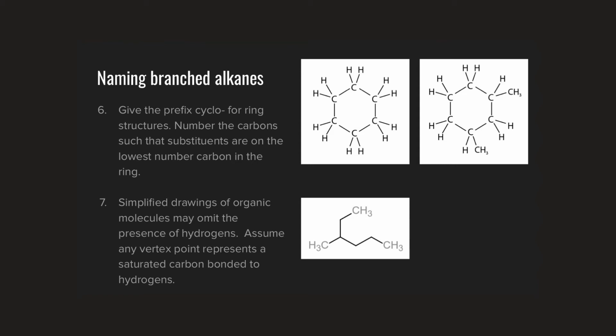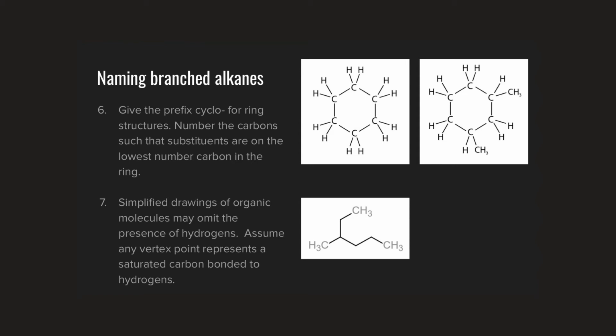Now, a couple of additional things to note here on naming these branched alkane molecules. Because carbon is so flexible in its bonding, we can bond these carbon atoms sometimes not in a straight line, but instead in a ring. Should you come across a ring molecule, as in terms of a ring alkane, generally we use the prefix cyclo as the prefix for ring structures. And we name the molecule as we would for any alkane based upon the number of carbons in the ring